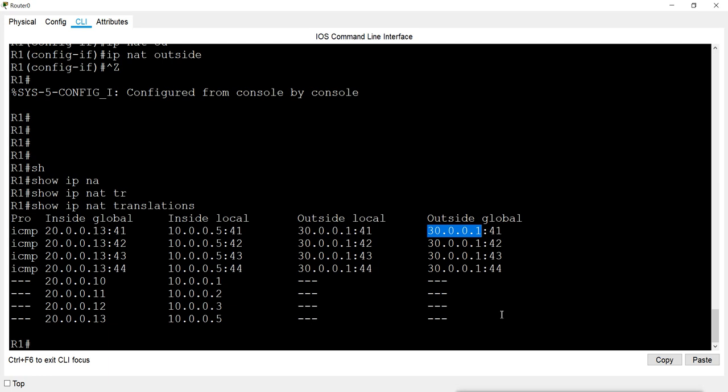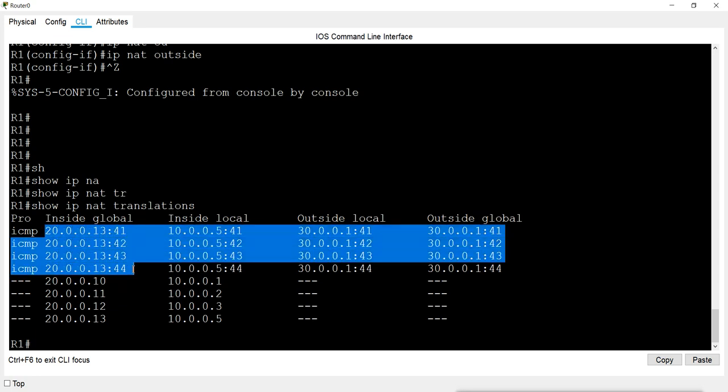It is showing 4 packets for this translation of 10.0.0.5, 4 translations of this IP, 4 translations of the other IP. So you can see what the translation is.